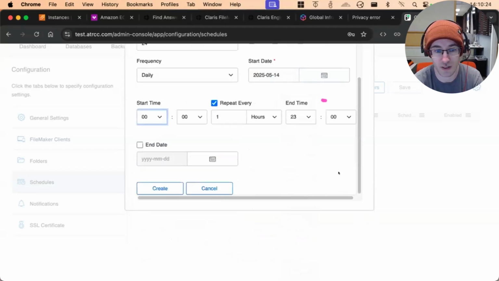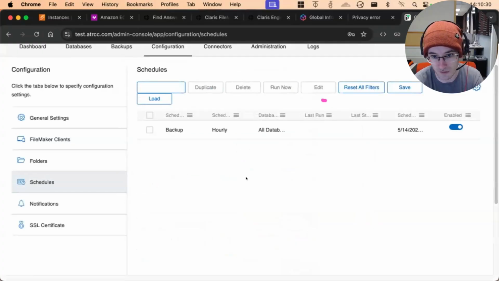Oh, and see, here's where we get it to show us all the dialogues. Perfect, I figured it out. All right, so end date, I don't need that. And we're going to go create. Now I can click the button. So now we have an hourly backup. We'll keep 24. Like I said, with the 7 daily, it just rotates them out at the end.